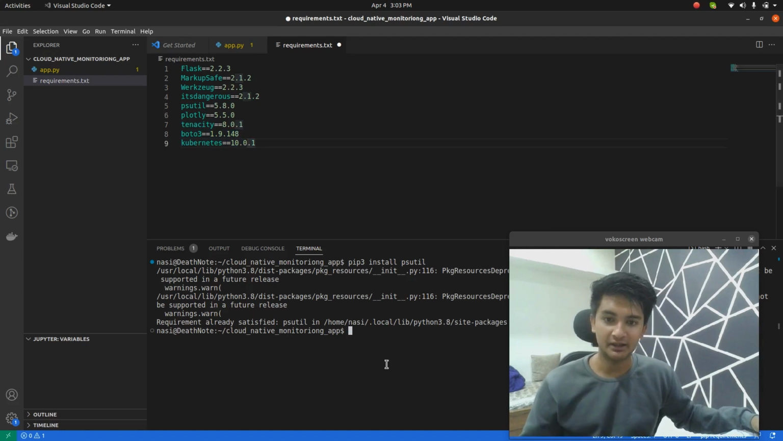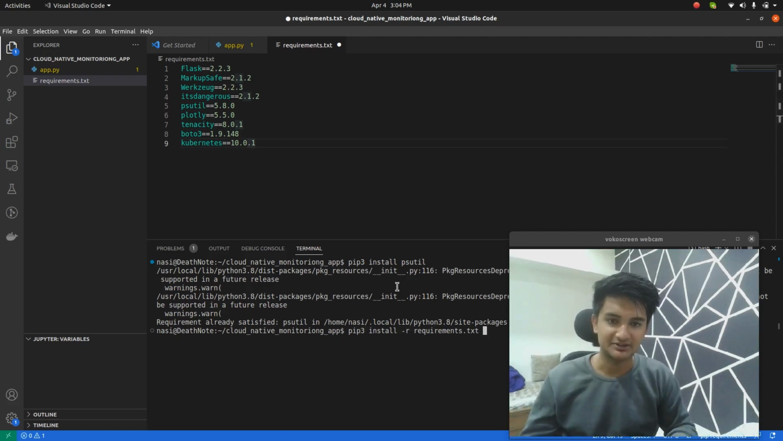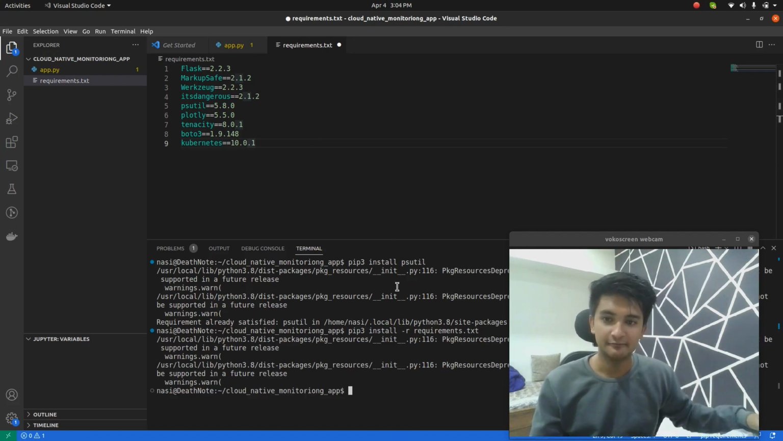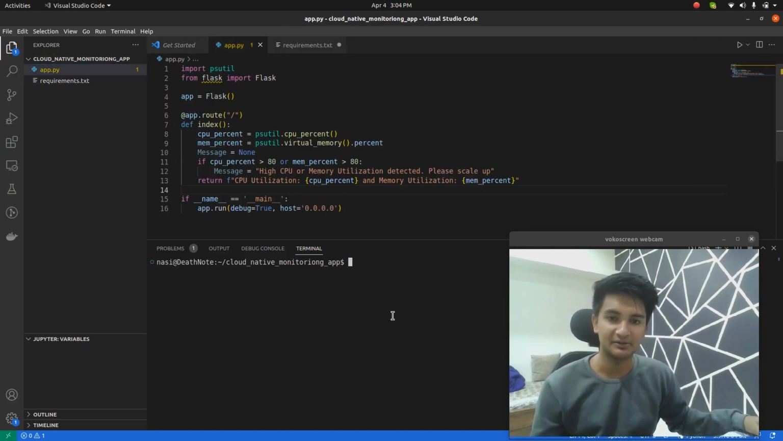So what you need to do now is just run pip. After you clone this repository, or after you have this file on your local machine, just do pip3 install -r requirements.txt, and it will start installing everything for you. For me, everything is there, so it's not installing anything, but for you, it will start installing it. Okay, so now we have our application ready, and after you install all the modules, you just need to run